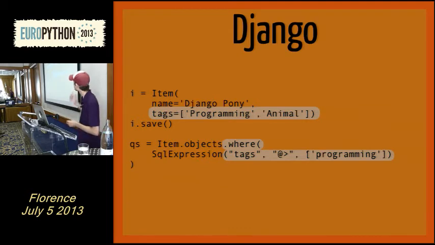So then I can have an item that I'm going to save, and I just pass in an array of tags. Pretty straightforward like you expect. And then when querying it, I have to do something a little special. I have to pass in this SQL expression, and that little @ sign with a greater than sign, that's SQL specific syntax. So you're just passing in SQL syntax there. Essentially this means that it contains the tag programming. You could say where it contains all of the tags, contains any of the tags. You can get pretty specific there, and you can just look up the Postgres syntax for doing that. But you can pass in any filtering that you'd like there.